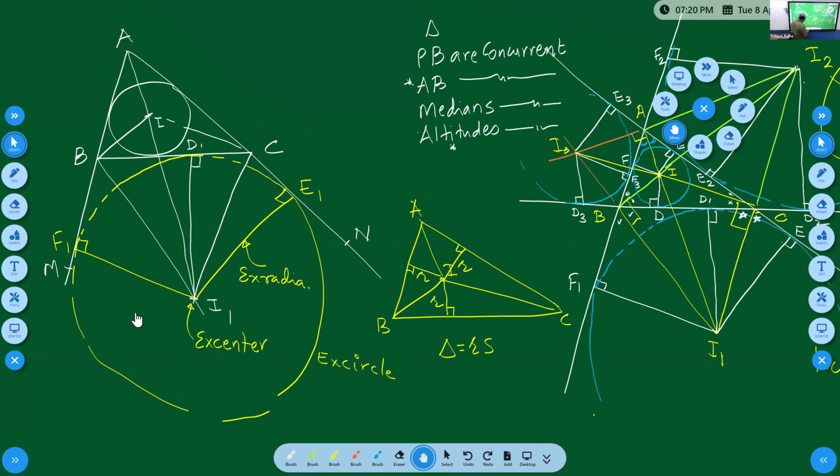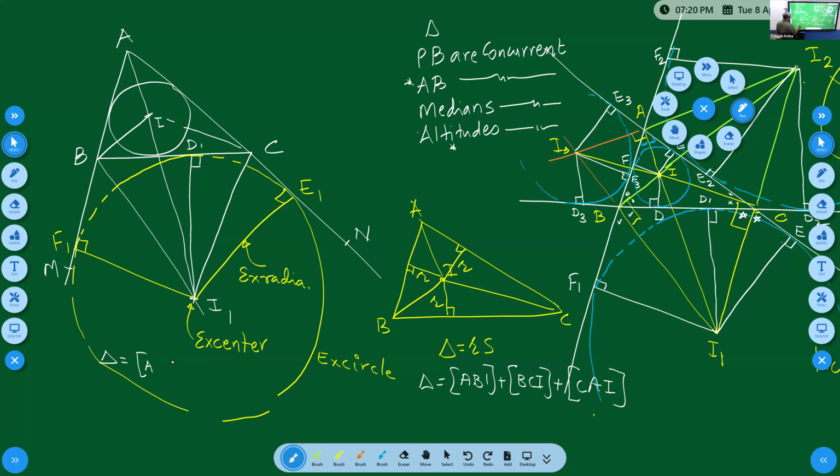So let me just write down the way we did it here. Area of ABI plus area of BCI plus area of CAI. That is what we calculated, and the height was the same. Therefore, we could get delta is equal to RS. The approach is the same, only instead of I, we are putting I1. So we wish to find the area of the triangle, and exactly similarly, we would like to put